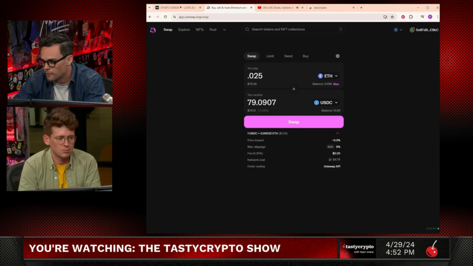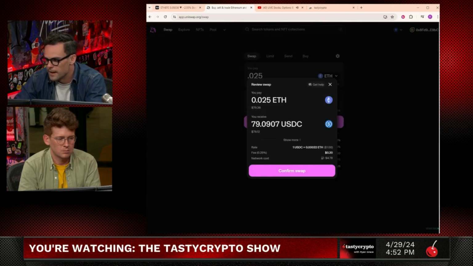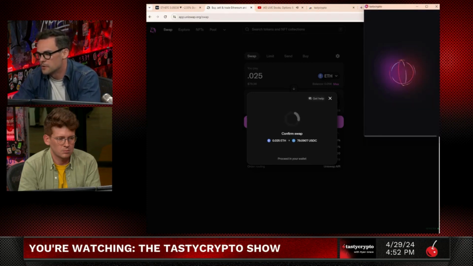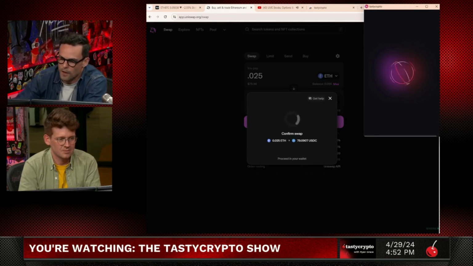There is a network fee as well, and you can see that the network fee went a little bit lower. But if I hit swap and then confirm swap, very similar to confirm and send, it's going to load this up. It'll pull up my browser extension. Oh, cool. And I actually want to hold on to the ETH, so we're not going to swap it entirely. But this will load, and it'll give you the network fee. It'll show you what your trade looks like, and then ultimately you're going to go through and confirm that